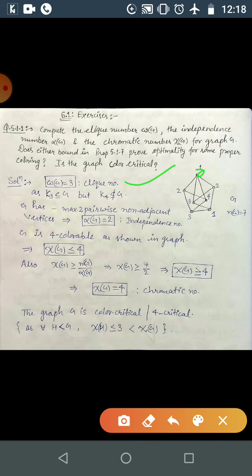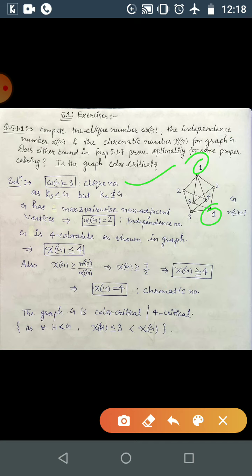So if we are taking these two, then no, we can't take these two. No, this one, no. What about this vertex? No. What about one and this one? You can take either this one or this one. Correct? And any third vertex, if you are taking, that is adjacent with this vertex as well